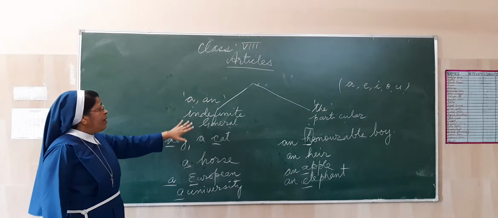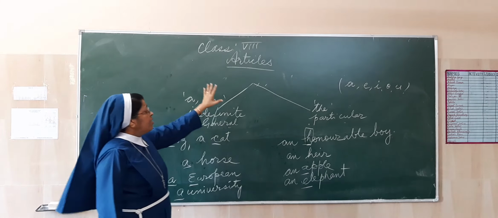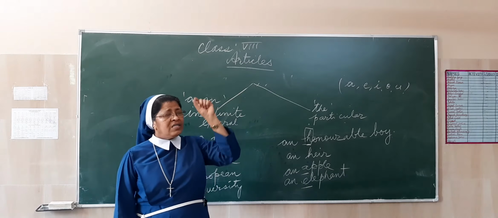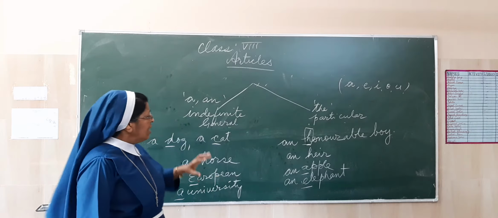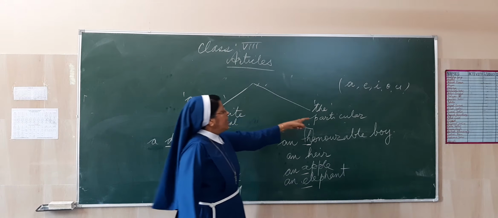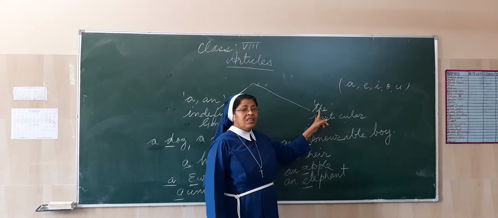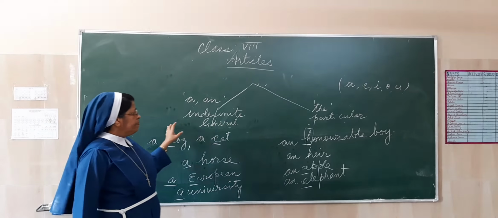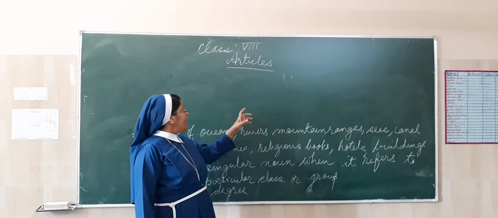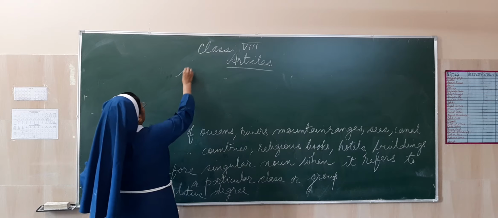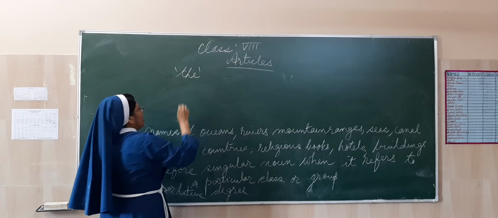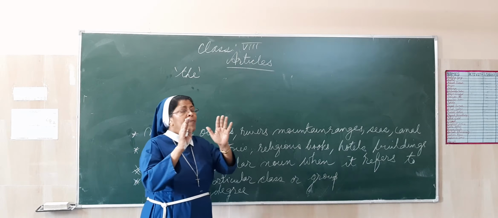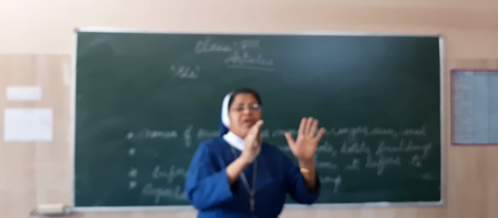Now this is what you have to remember in the general category. This much you have to remember: an article comes before a noun, it precedes a noun, or an article tells us the coming of the noun. Now we will go for the next article, that is the particular article. Now I will teach you that. Now we will come back to the other article, that is the. And I already told you the is used only when we have to speak particularly.